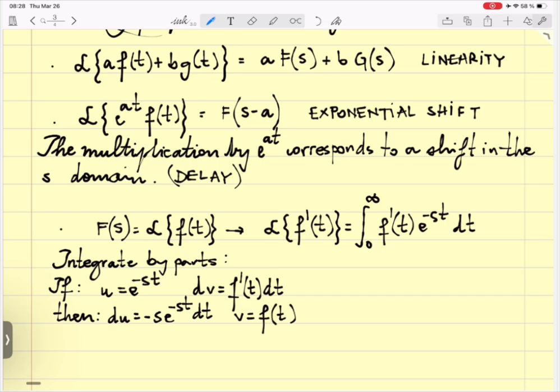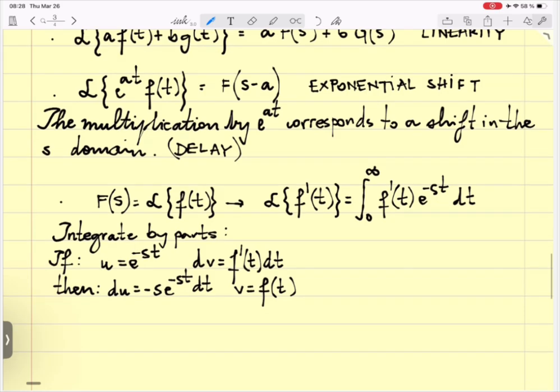Okay, this is instantaneous. So the integral between 0 and infinity of the first derivative of f, e to the minus st dt,